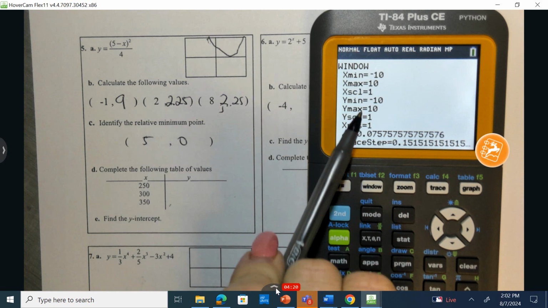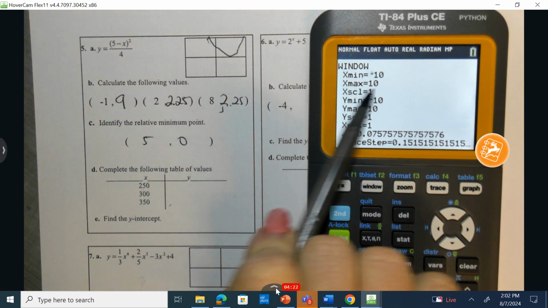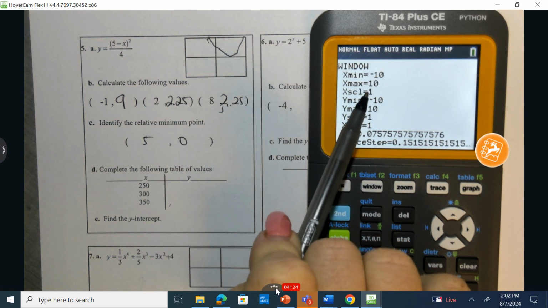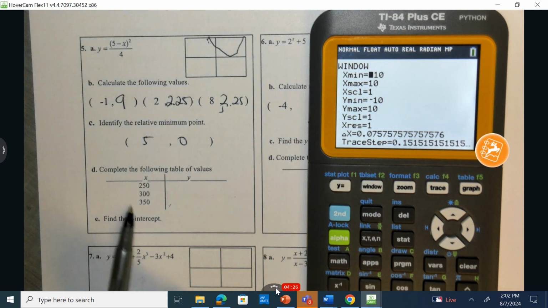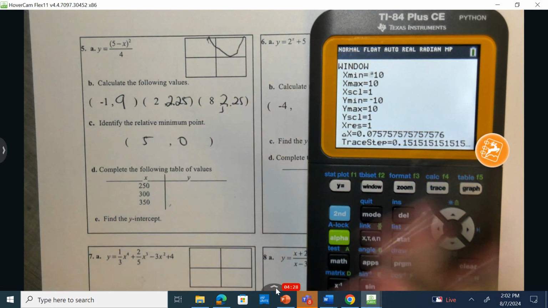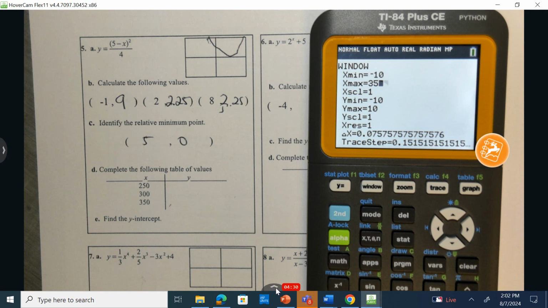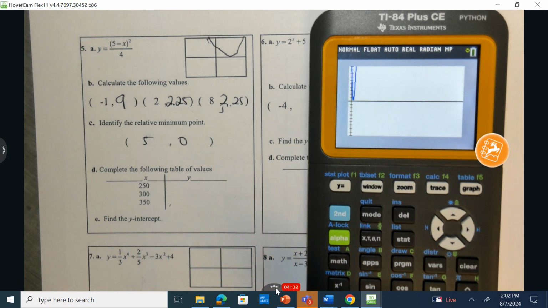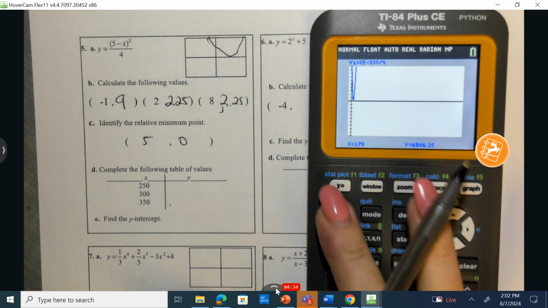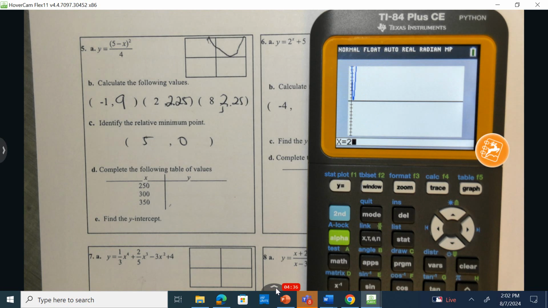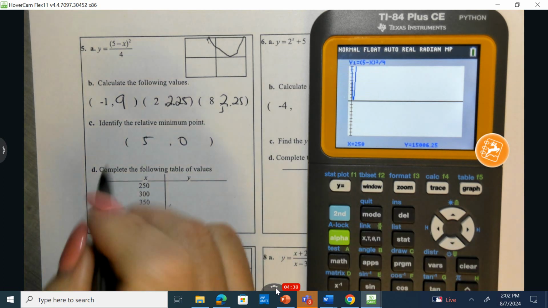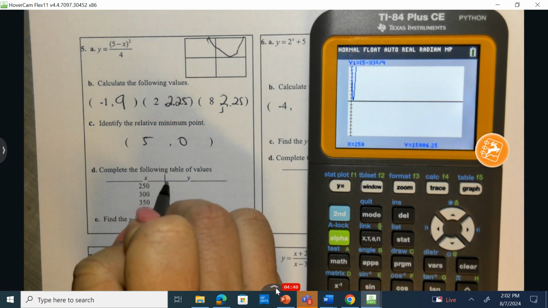It tells us here that we have an invalid dimension. So I need to go to Window, and right now it can only calculate X values between -10 up to +10. So I need to go up to at least 350. So I'm going to change this to 350, and now I'll have no problem doing that. Second trace, try it again, second trace value, plugging in 250, we get an answer here. I'm going to round here, but this is